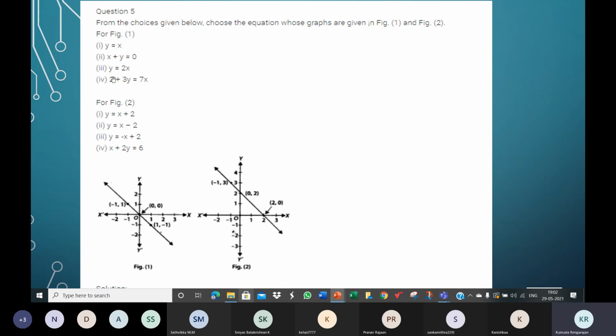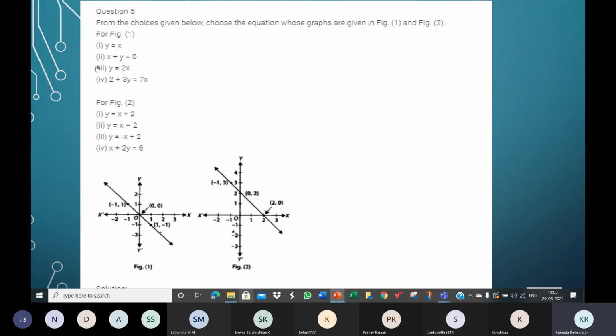Now, which of 2 and 3? If you look at the third one, y is equal to 2x. Just substitute, children. You can just take up any point on this line and see if it satisfies the equation y is equal to 2x. Now, when you take this point 1, -1, use the values of x and y here. x is 1, so 2 into 1 is 2. But y is -1, so LHS is not equal to RHS. 1, -1 does not satisfy this equation.